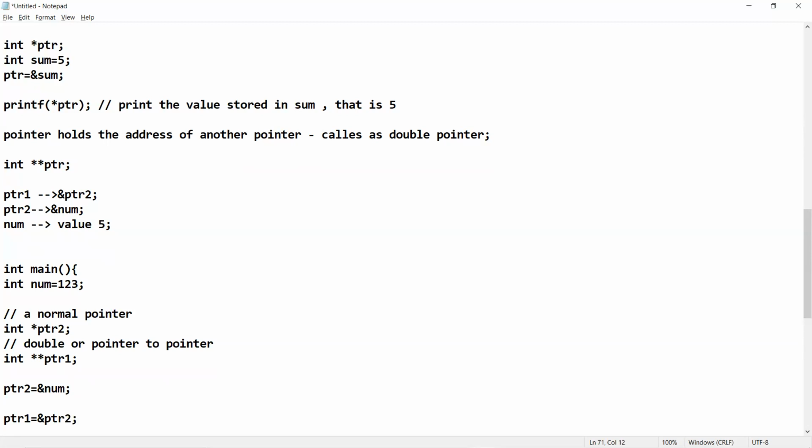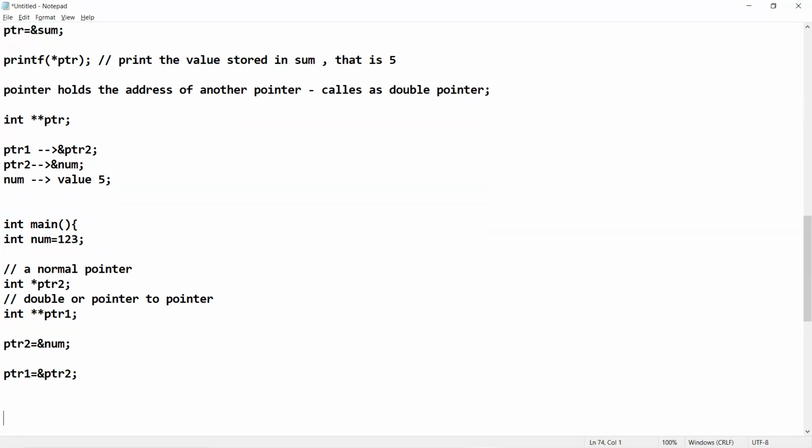That's all. So ptr2 is going to hold the address of number, and ptr1 is going to hold the address of ptr2. That's why we have declared ptr1 as a double pointer. Since it is going to hold the address of another pointer, this should be a double pointer. ptr2 is a pointer type.